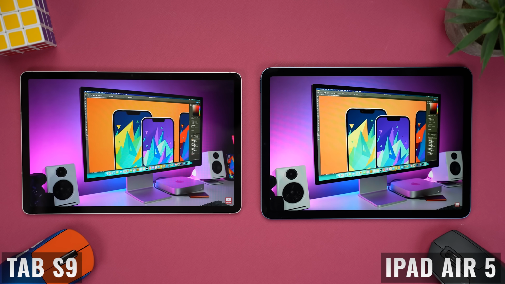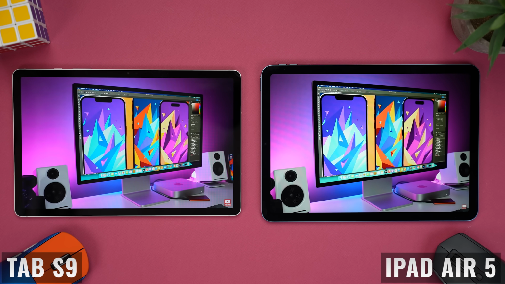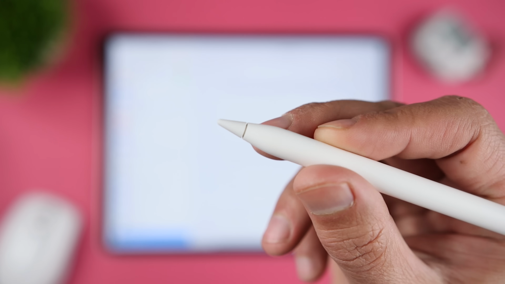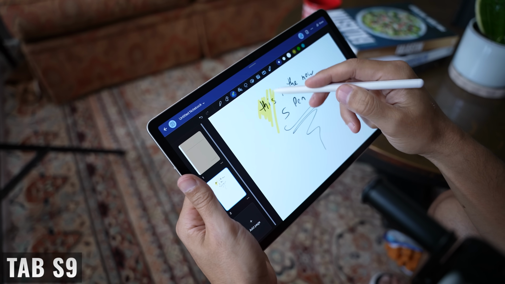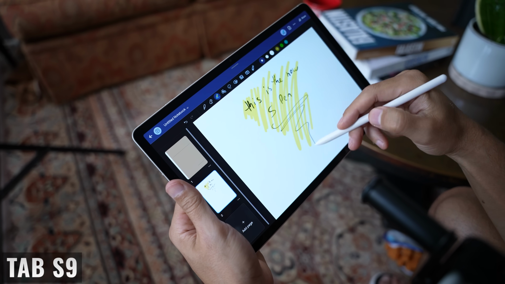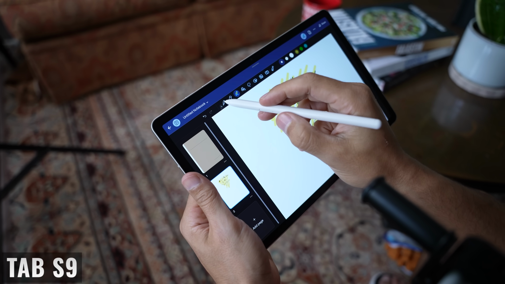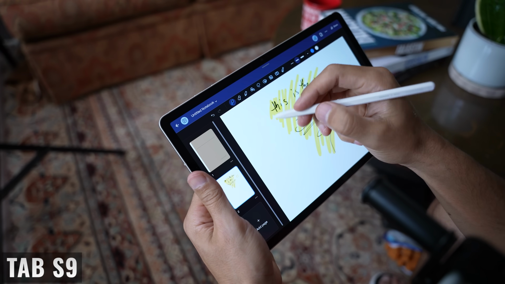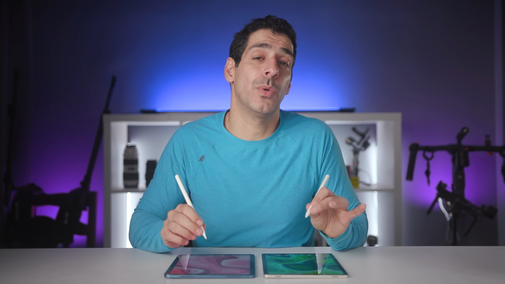Now, in both cases, latency is very low, but the actual writing or drawing experience is very different. The Apple Pencil has a firm tip, so it's a little harsher when it hits the glass, and it feels like you're writing or drawing on a single sheet of paper that's placed on a hard surface. Now, the S Pen has a softer tip, so when it hits the glass, it gives a little, and it feels more like you're writing on a full pad of paper where the pages compress as you press down. Now, one isn't objectively better than the other for every use, and it's really going to come down to which one feels better for you, so hopefully the description was helpful.